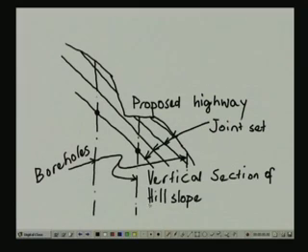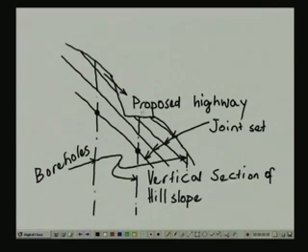Now, that is very important, because if we are proposing a highway through a hillside which is underlain by a jointed rock with a joint set like this, then if you excavate in this manner as shown, that is going to trigger a possibility of rock slides, as we have learned from a presentation some time back. So, this type of joint orientation is not really very good for the highway